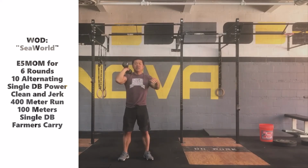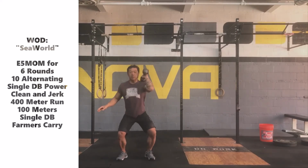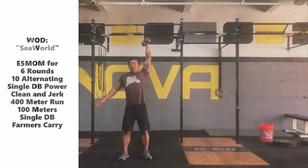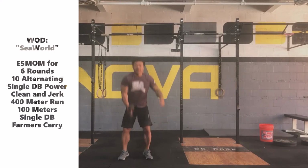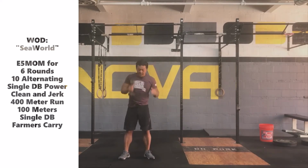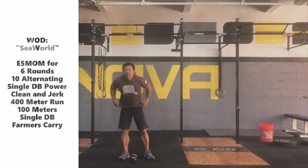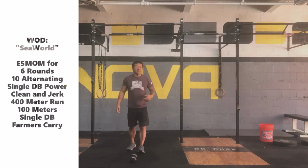that dumbbell down. Again, we're going to alternate arms every rep, so we can either alternate in the air, get ourselves ready for that next repetition, or we can bring the dumbbell all the way to the ground, and then switch sides. So we're going to be looking for 10 total reps there. After that, you're going to go for your 400-meter run, and then you'll come back from that run, and then